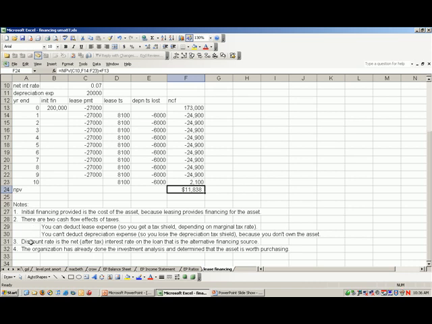Note 3 is that the discount rate is the net after-tax interest rate on the loan that is the alternative financing source. And finally, and importantly, note 4 is that the organization has done a prior investment analysis and has determined that the asset is worth purchasing. That is, the asset is associated with a business opportunity that has a positive NPV.